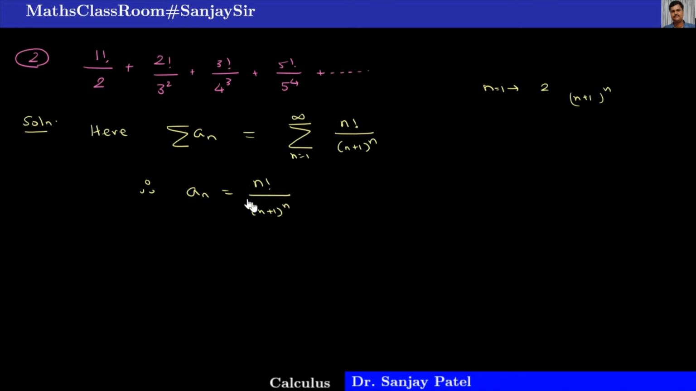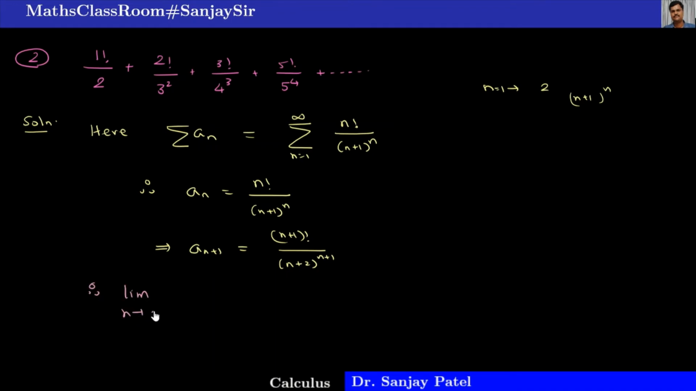And whenever there is a factorial, we always try to apply the D'Alembert ratio test, the limit form of the D'Alembert ratio test. So a_{n+1} is obtained by replacing everywhere n by n plus 1. So (n+1) factorial upon (n+2) raised to n plus 1. If you substitute n equal to n plus 1, you will get n plus 2 and the power will be n plus 1. So therefore, the limit will be,